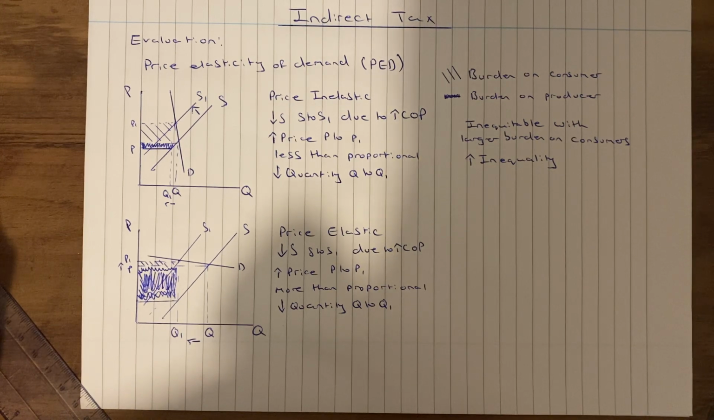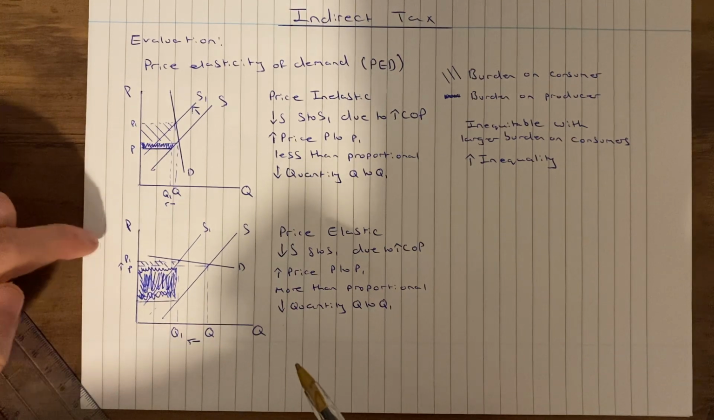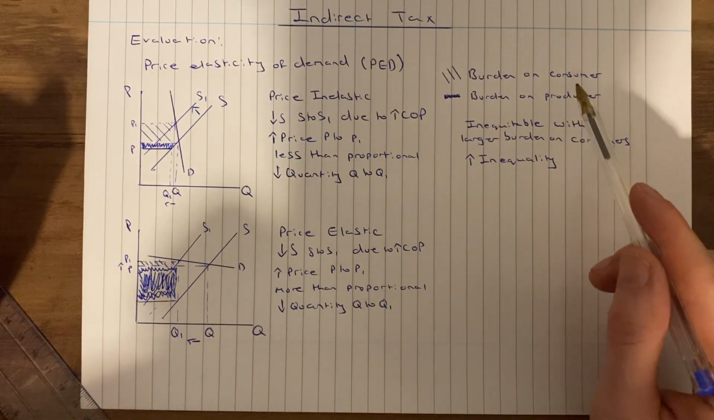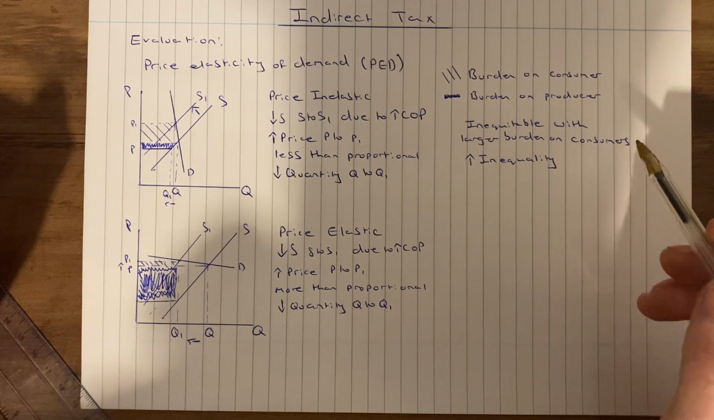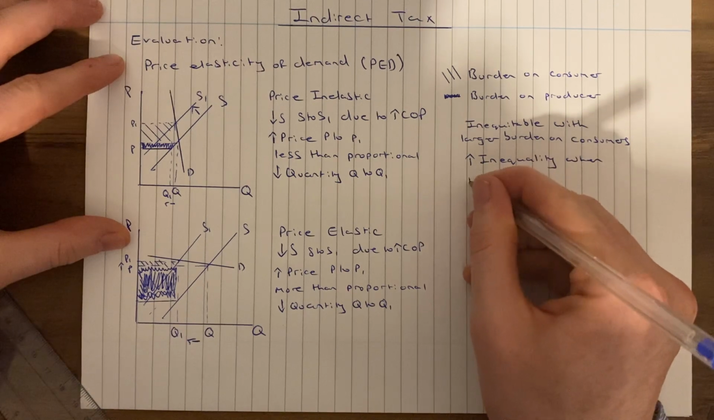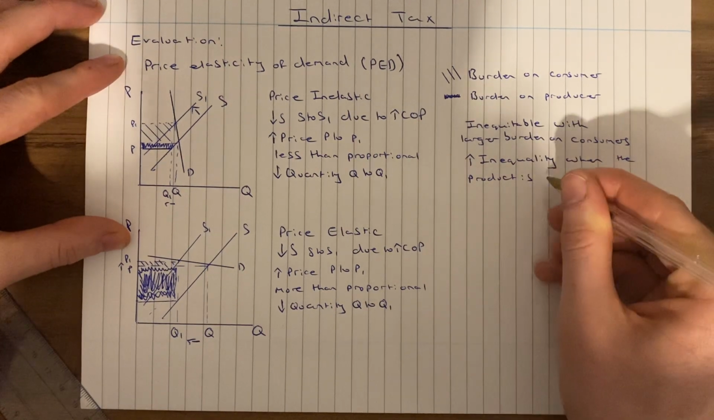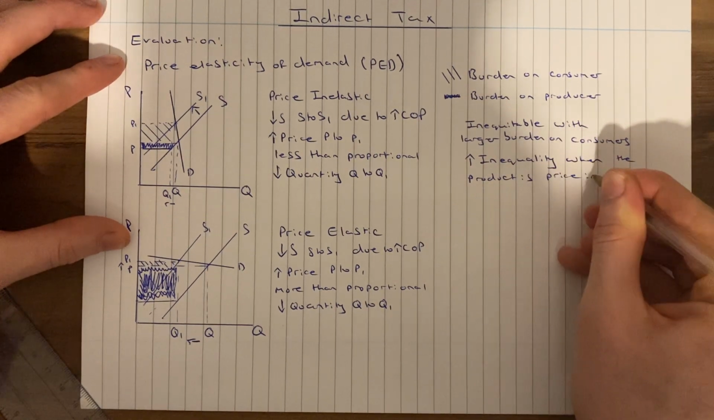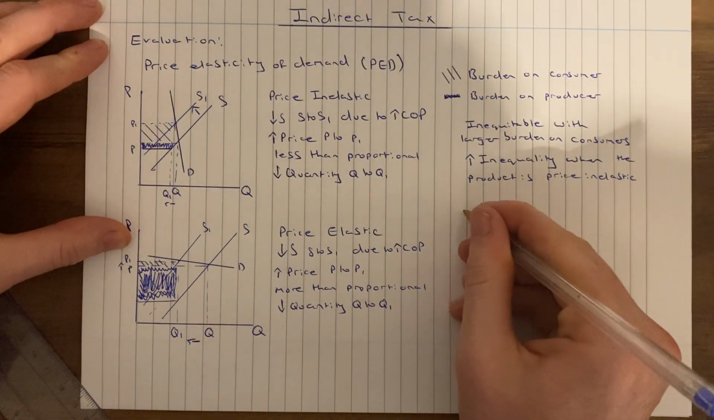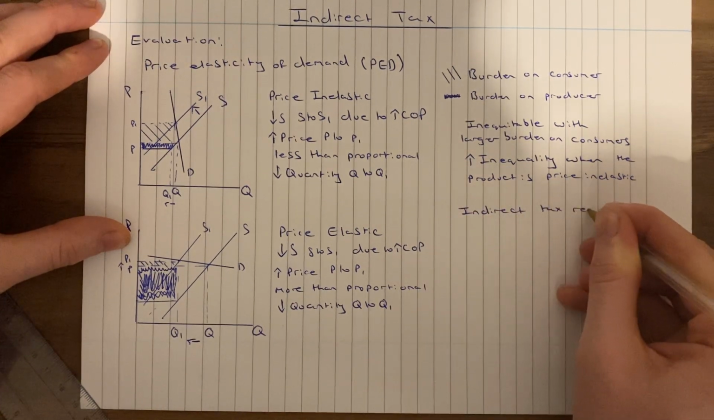So obviously, again, we would argue that if the price elasticity of demand is price elastic, it's far more equitable. Just going back to the point we were making, the burden on the consumer is inequitable, with a larger burden increasing inequality when the product is price inelastic. Okay, kind of building on this point, an indirect tax is regressive, and again, is kind of relevant to